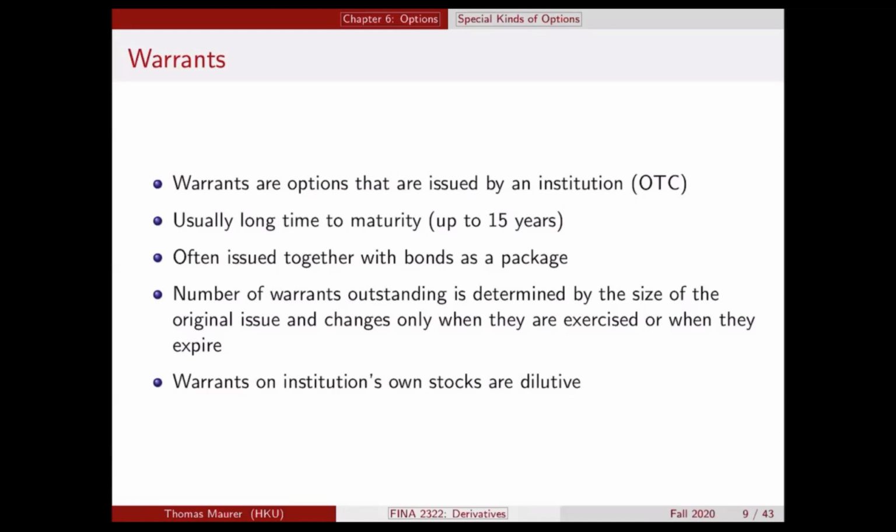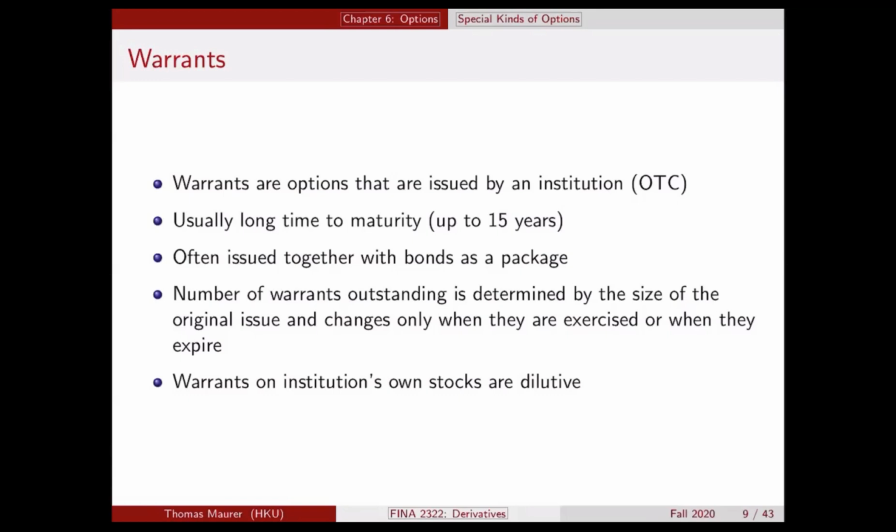Now, with our first example of warrants, here the situation is quite different. A warrant can only be issued by the company which also issues the stock. So if you have a warrant written on Microsoft, then only Microsoft itself could issue a warrant. The reason for that is because once a warrant is exercised, then Microsoft would issue new stocks to deliver them to the long position of the warrant. And therefore, only Microsoft can be the short position of that warrant because no one else would be allowed to